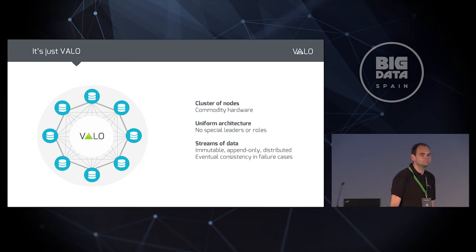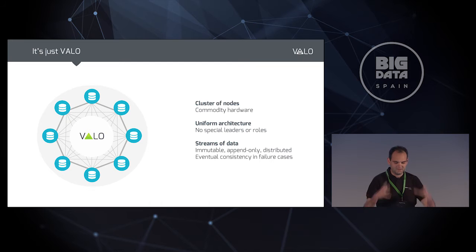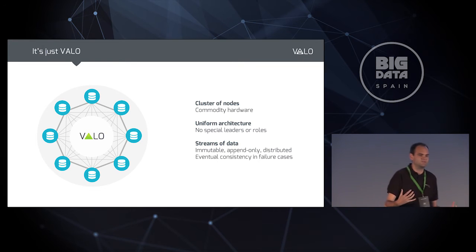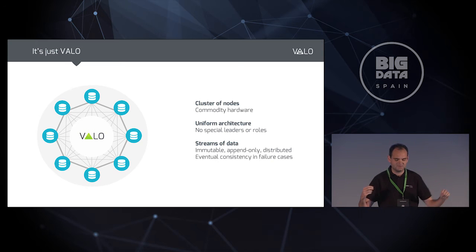So we've got Velo. It's a cluster of nodes. To start up a cluster, you run it with a command line. They join each other. It's a Dynamo-style architecture, so there's no central point of consensus. We know where data should be stored. Each node is capable of handling all operations, and the nodes are homogeneous as well. There's no special capabilities, no special roles. Every node provides the same